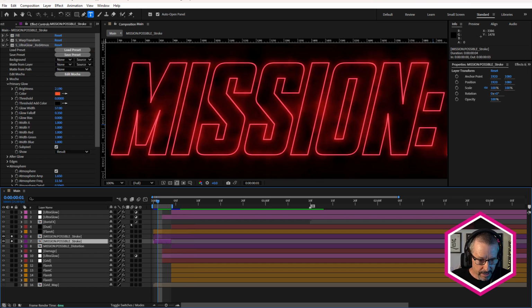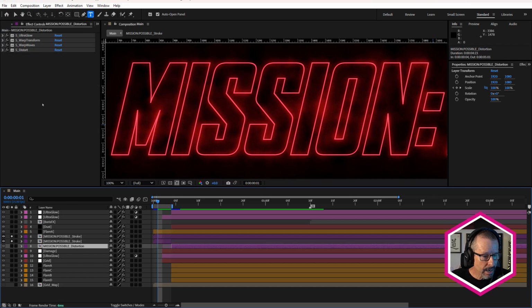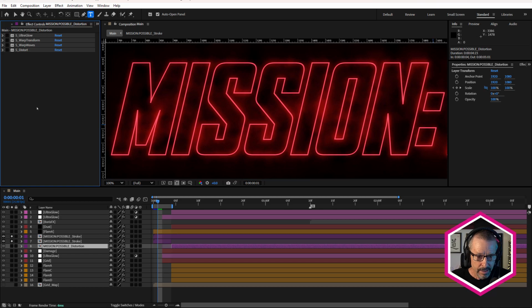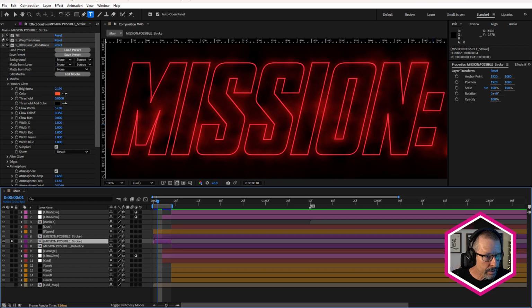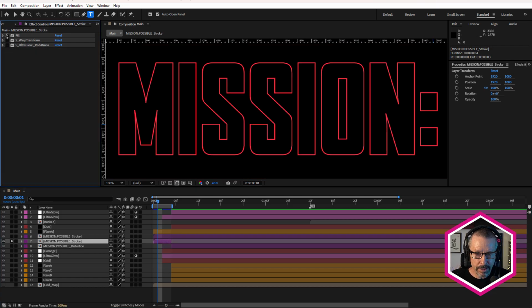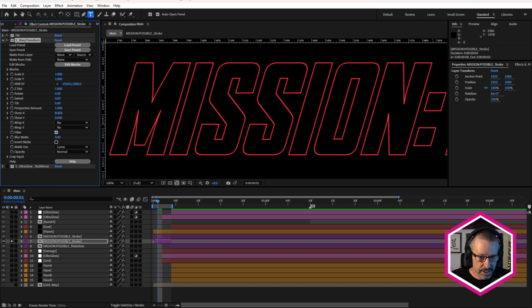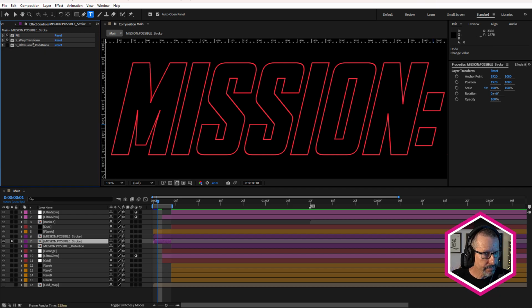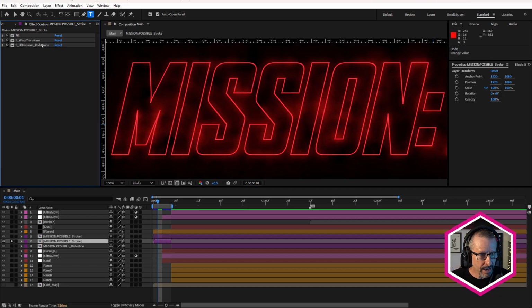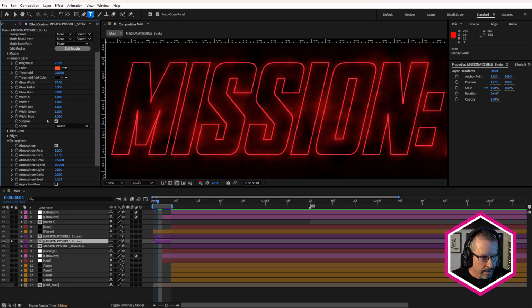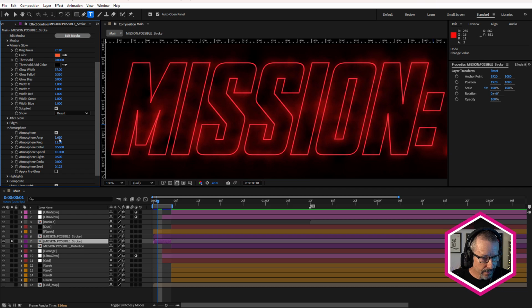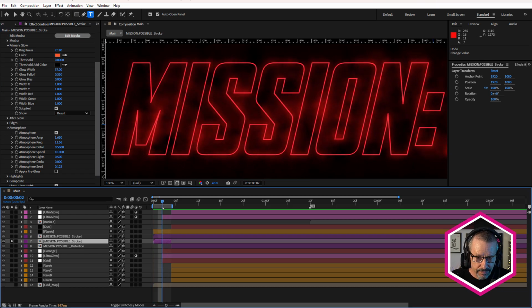So it starts off smoky, and for this, just rewinding a little bit here, we just choose the right layer and turn these off. So fill to fill it with red, Warp Transform by adjusting the shear value. I can create that italicized version, and Ultra Glow, and I've named that Red Atmos because I've used the atmosphere values in here just to give it that smoky look. And quite a fast speed here. It's only visible for a few frames, so I wanted it to be obvious that the smoke was moving.